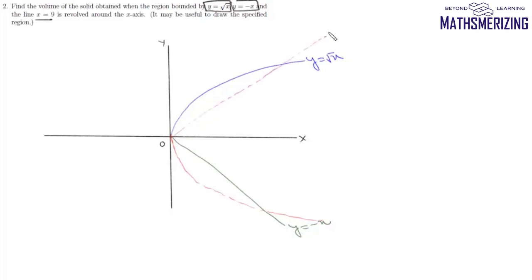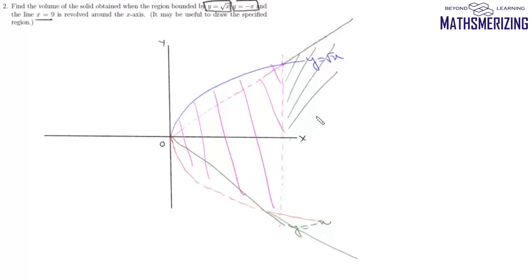So what will happen is, since this cone, till this point of intersection, lies within this paraboloid, up to this point of intersection the volume of revolution will be this paraboloid. And after this point of intersection, since this region now is above the y equals root x graph, thereafter we'll get this frustum of a cone.